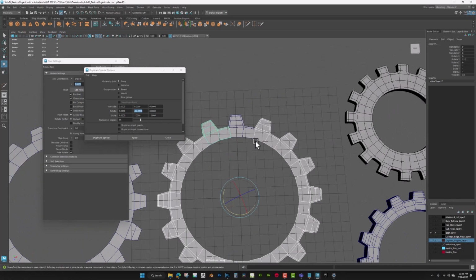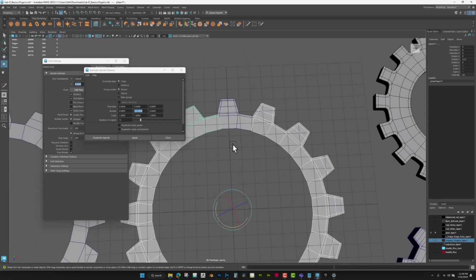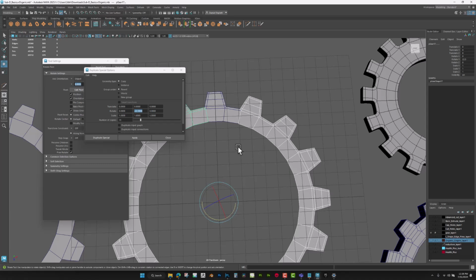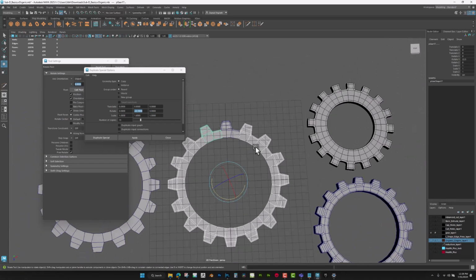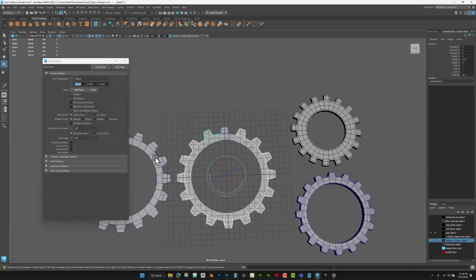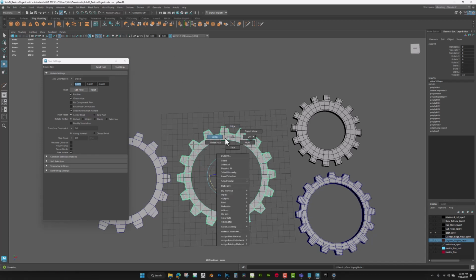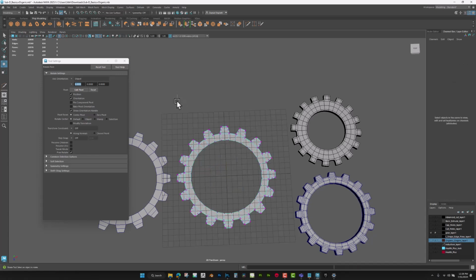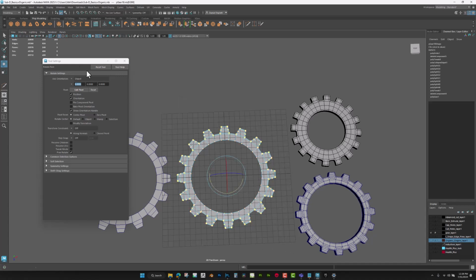So the next steps, I'm going to show you. What the heck, I'll just go ahead and show the next steps right now, and then I'll do it all over again with the next piece that I made a copy of. So I'm going to grab everything, and I'm going to go to Mesh, Combine, and now they're all one piece. Then I can right click and pick my vertices, and you want to select all the verts. Make sure you have your